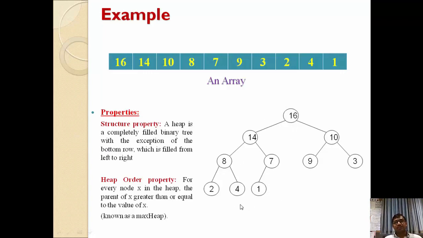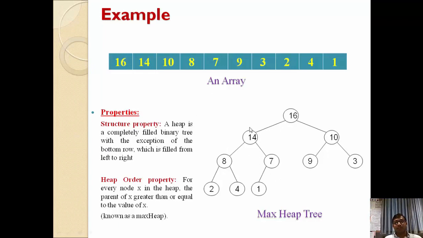Just see, suppose this is our max heap tree, then 16 is the largest value among all the nodes. It means that the root node always has the largest value in our max heap tree. Right? So for example, once we remove this 16 from this tree, we get the largest value and we have to store it in a separate array.